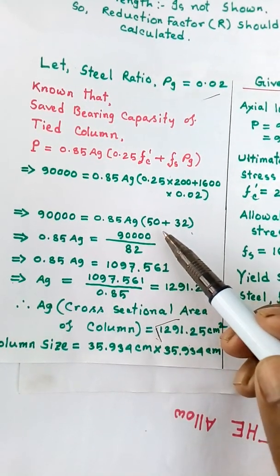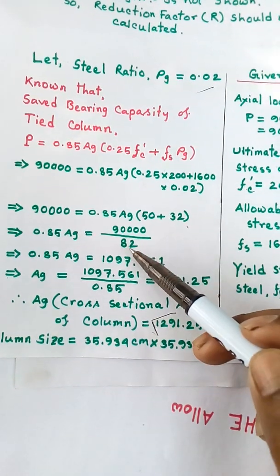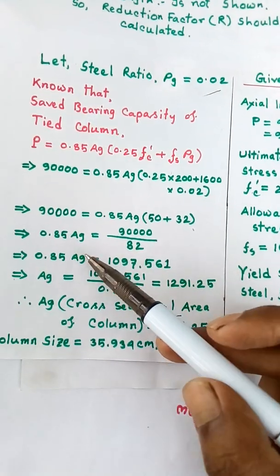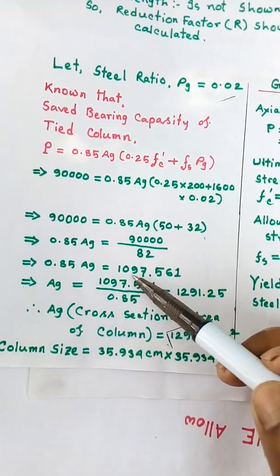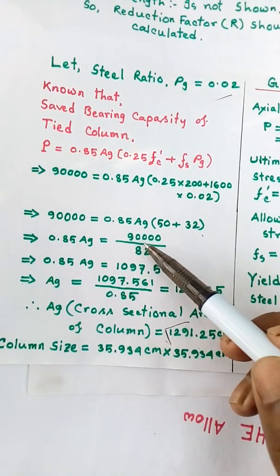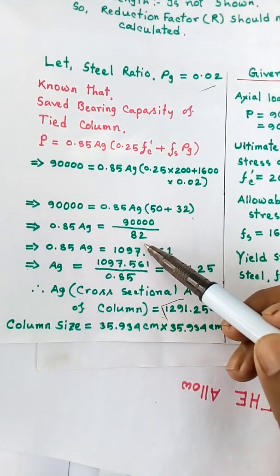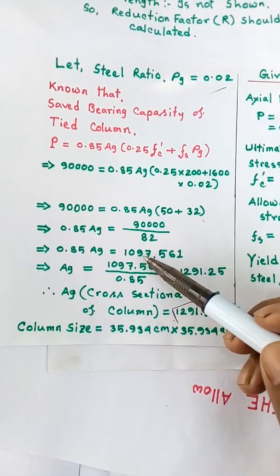After adding 50 plus 32 equal to 82, dividing 90,000 by 82, we can get